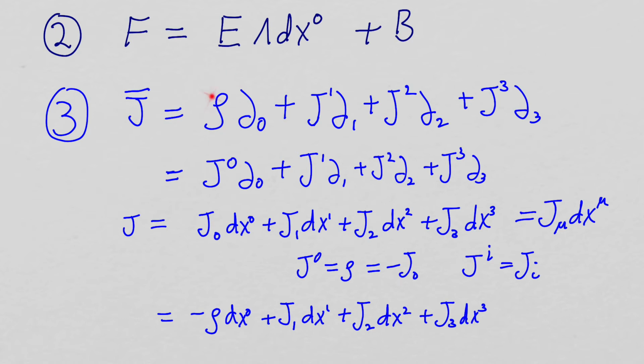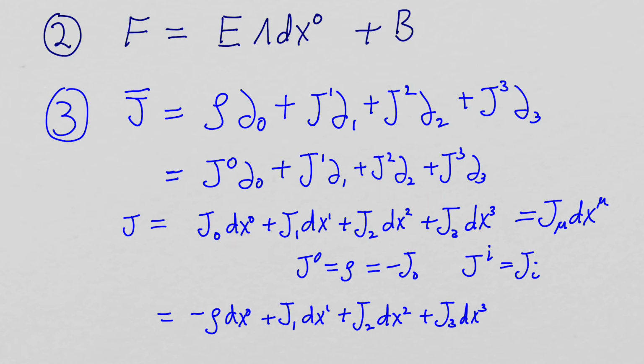But now I'm going to take rho, and instead of calling it the charge density, I'm going to make it the zeroth component of the four vector for the current four vector. So now we have it where everything has an up and down index all the way for every component. So rho now becomes j superscript 0. And now we convert this vector to the four current one form,